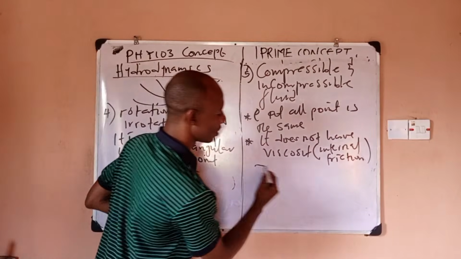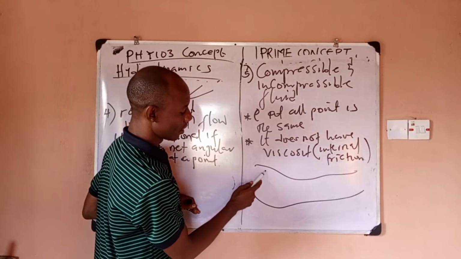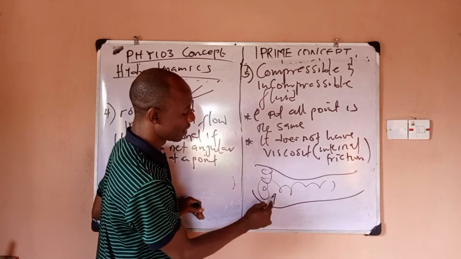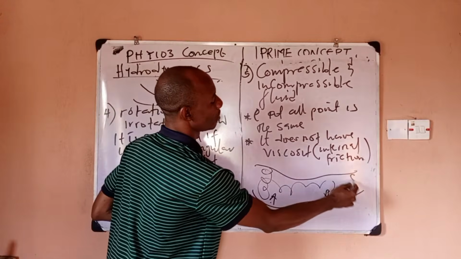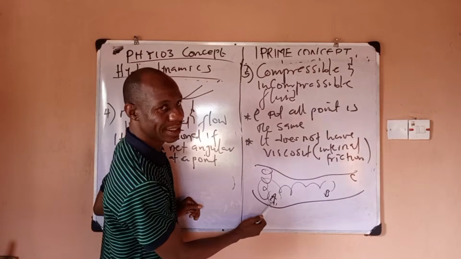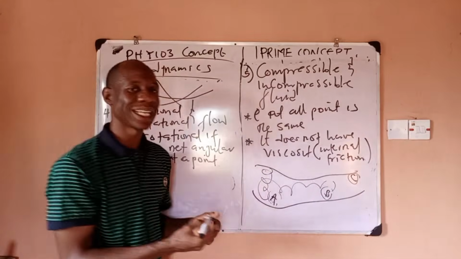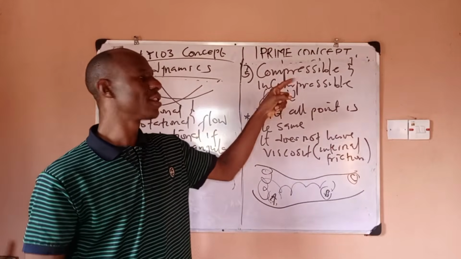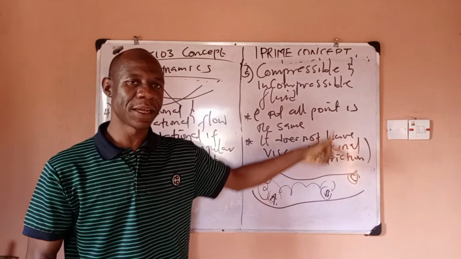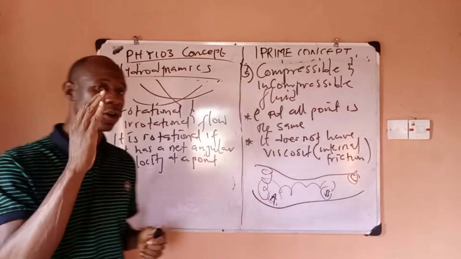Remember, if you have something like this, I hope you know if water is flowing through this, you have water particles at every point here, right? Now, if you pick some point here, A, a point here, B, and a point here, C. We are saying that if you check the density of water at this point, and it is the same value as the density at this point, and the same value as the density at this point, then that kind of fluid is what? Incompressible. But if the density varies at different points on the fluid, then that fluid is what? Compressible. Are you following me?